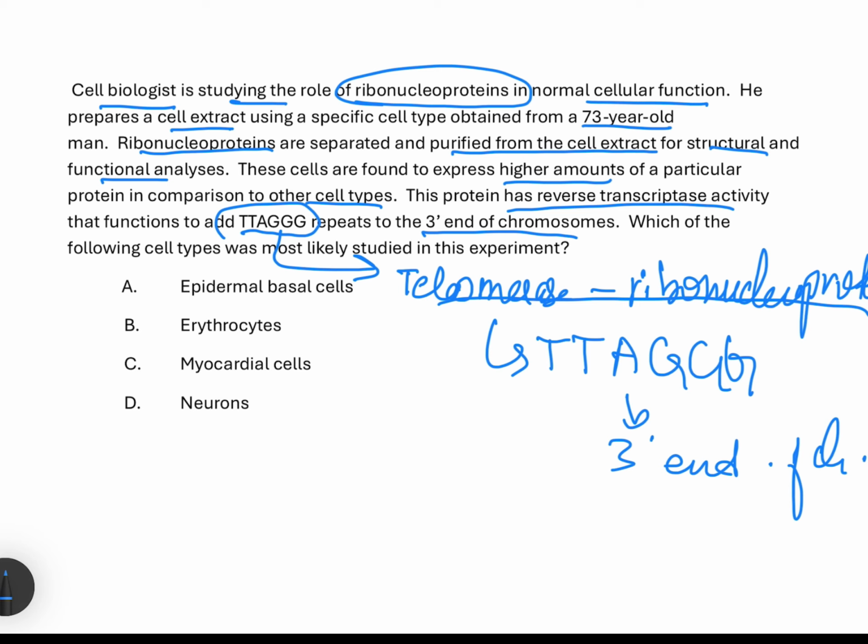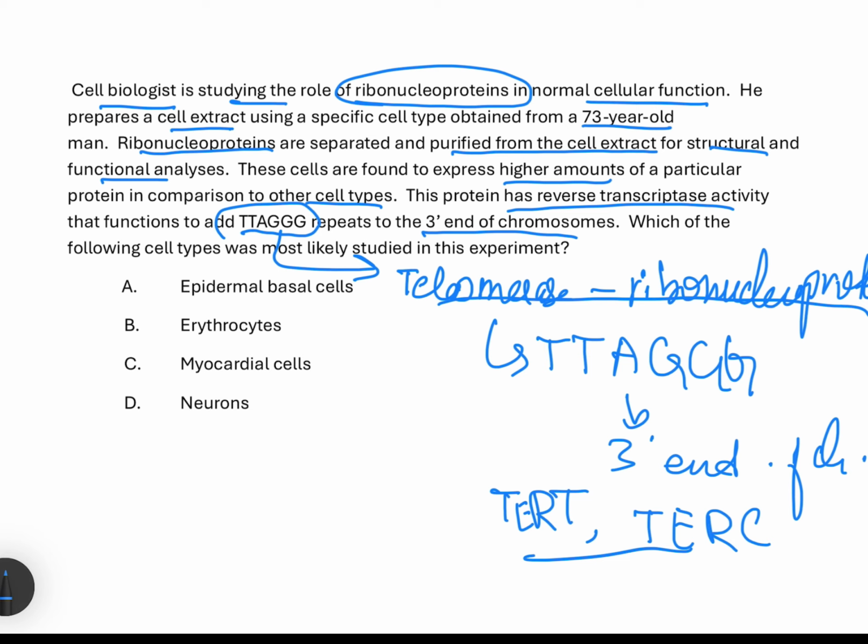It is similar to other reverse transcriptase enzymes in that it synthesizes single-stranded DNA using single-stranded RNA as a template. Telomerase is composed of two main subunits: the first is telomerase reverse transcriptase, and the second is the telomerase RNA component. These two are subunits of telomerase. And the telomerase RNA component is a built-in RNA template that is repeatedly read by the TERT subunit to add TTAGGG DNA sequence repeats